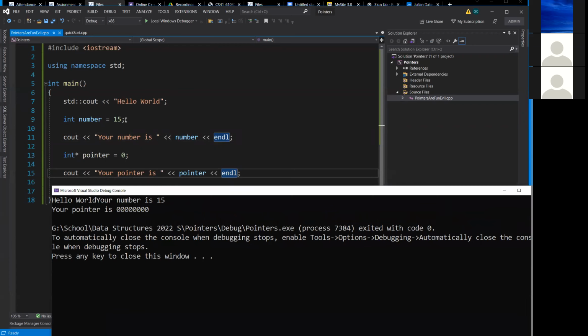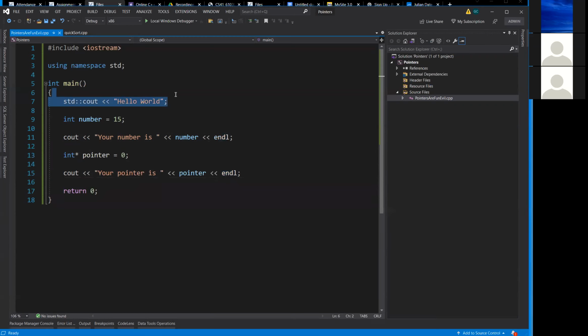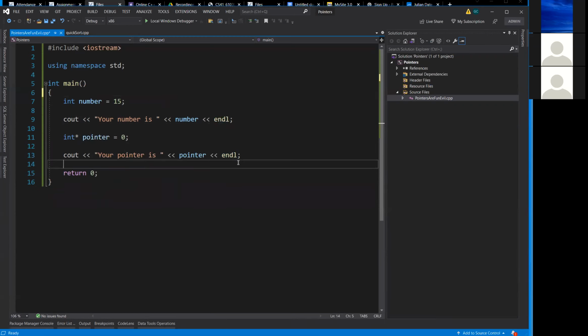Integer variable, number, 15, right? It's a variable, location, memory, it has a value. Since it's a variable, it has location and memory. So our pointer variable, pointer, could point to number. Right, so right now, pointer is just pointing at null, as all good new pointers should do. So if I want my pointer to point to